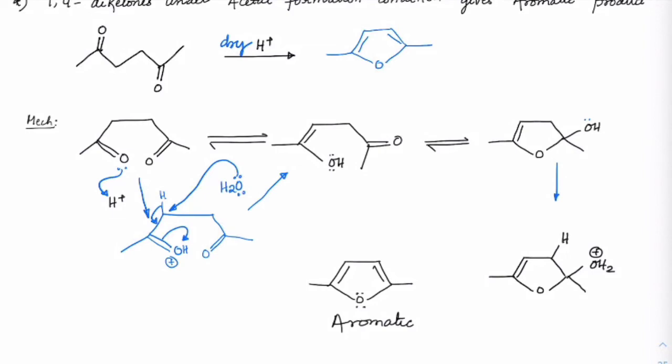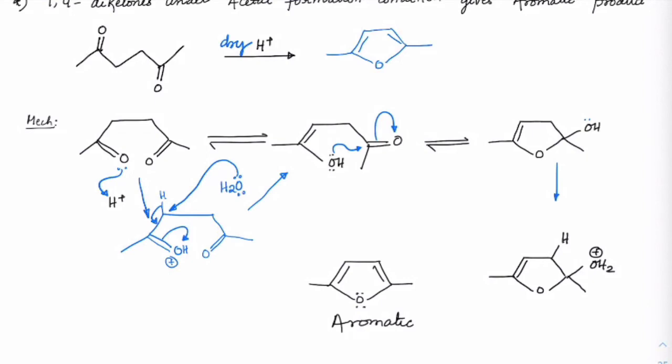Once you have this, again the lone pair on it will attack, because now this has become more like an alcohol. So intramolecular nucleophilic addition will take place, just like hemiacetal formation. So this alcohol will attack on the double bond. So first a hemiacetal is formed. You can see that this is a hemiacetal form. As soon as it attacks, this would come as O minus, it will take away this H plus and you will get this hemiacetal formation.